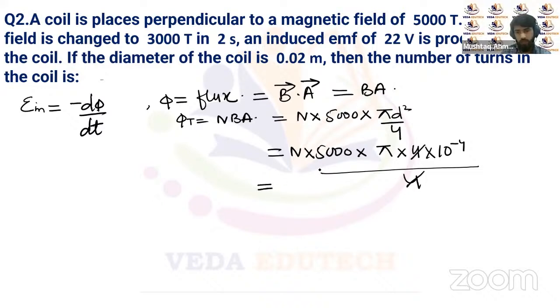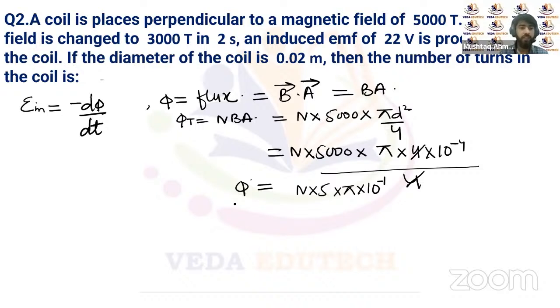So we'll be left with 5 into 10 to the power minus 3, and then minus 1. So it will be N into 5 multiplied by pi multiplied by 10 to the power minus 1, right? So this will be the flux. Now, the question is that